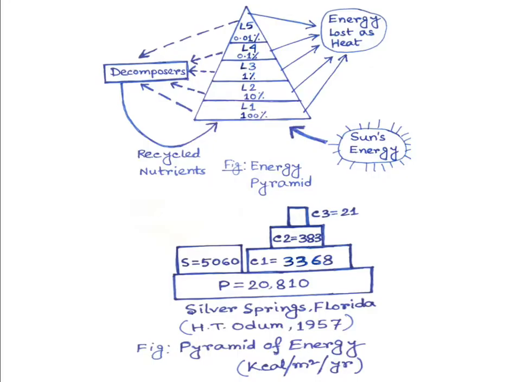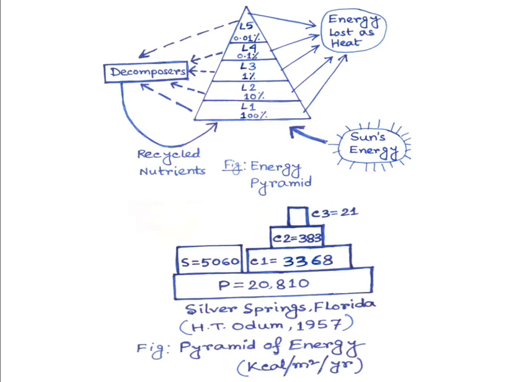The first figure shows a diagrammatic representation of the pyramid of energy. The sun has been included in this diagram as it's the main source of all energy, as well as the decomposers like bacteria and fungi, which can acquire nutrients and energy from all trophic levels by breaking down dead or decaying organisms. As shown, the nutrients then go back into the soil and are taken up by plants. The loss of energy to the surroundings is also shown in this diagram and the total energy transfer has been